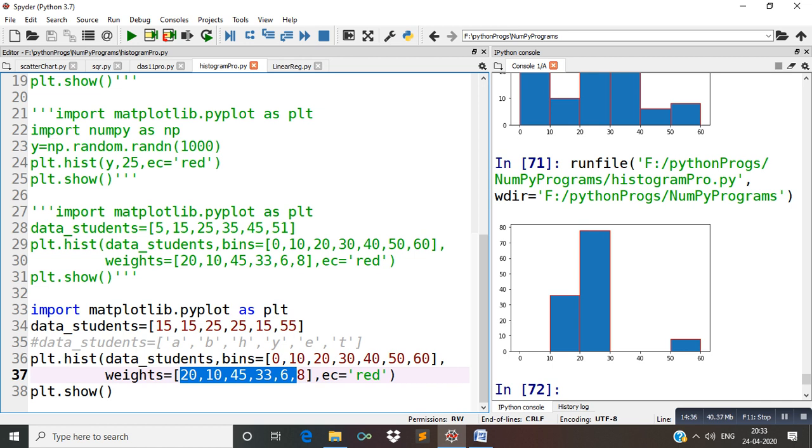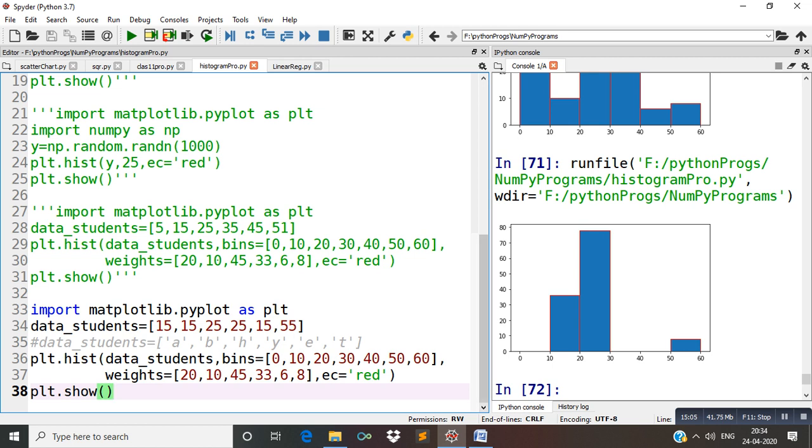Okay beta, so by this time you have got so many programs which are based on histogram, so you can form a histogram. And one more thing that is important: if you want to apply plt dot title, suppose the title is histogram, you can type it like this here.